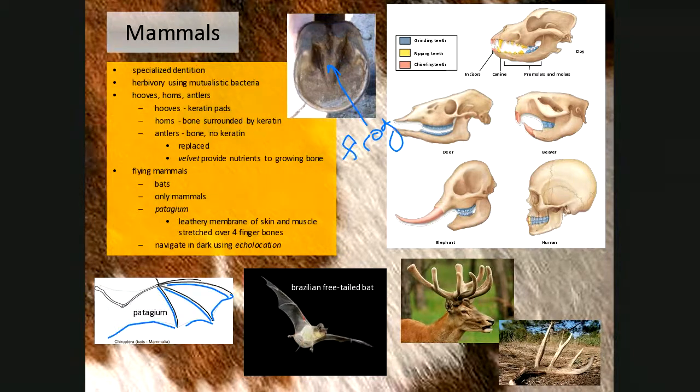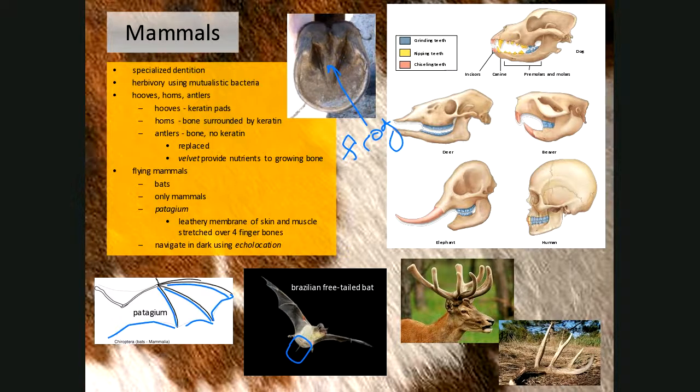We have these bats here in Florida, Brazilian free-tailed bats. Free-tailed bats because you can see the tail very clearly. Now, of course, everybody has these misnomers about bats getting down your hair and attacking you, and of course, none of that is true. Most of the bats we have here in Florida, for the most part, feed